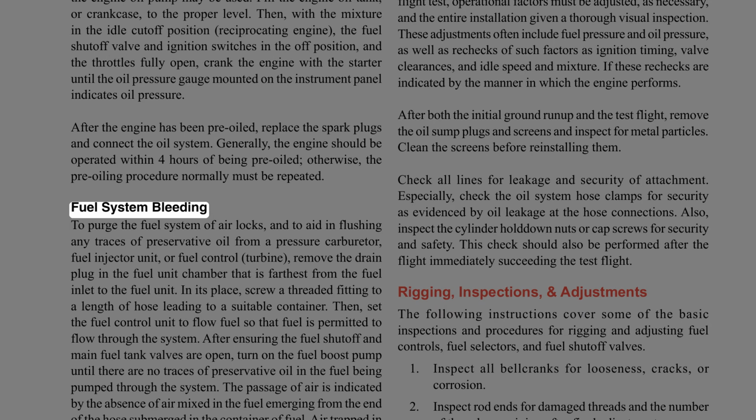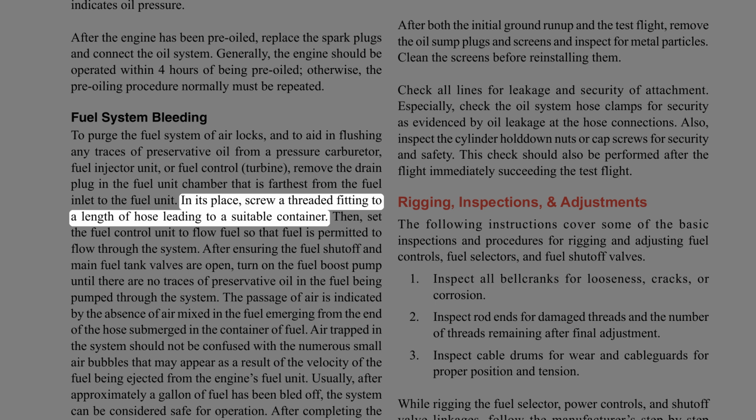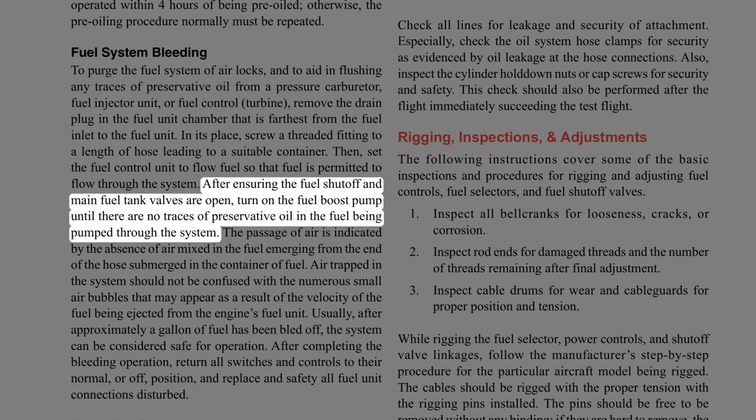Fuel system bleeding. To purge the fuel system of airlocks, and to aid in flushing any traces of preservative oil from a pressure carburetor, fuel injector unit, or fuel control, turbine, remove the drain plug in the fuel unit chamber that is farthest from the fuel inlet to the fuel unit. In its place, screw a threaded fitting to a length of hose leading to a suitable container. Then, set the fuel control unit to flow fuel so that fuel is permitted to flow through the system. After ensuring the fuel shutoff and main fuel tank valves are open, turn on the fuel boost pump until there